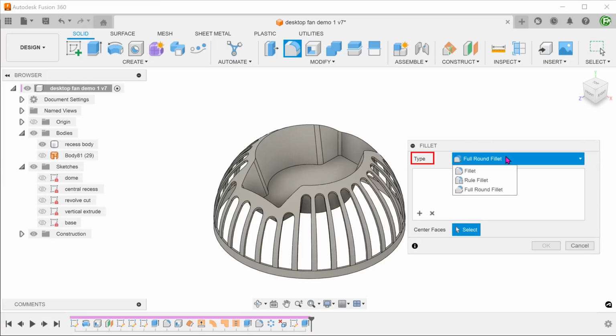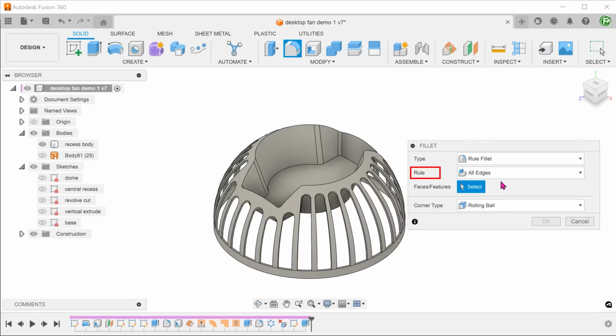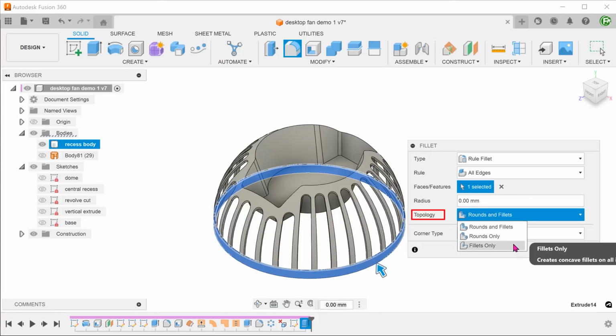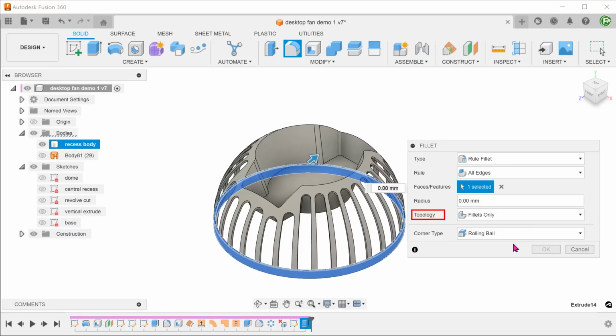So let's go with the rule fillet. For rule, select all edges. The base extrude is a feature which created all the edges that we want to fillet. So select that feature. We only want internal corners, so for topology, select fillets only. Adjust the radius to a value that will give a full round.